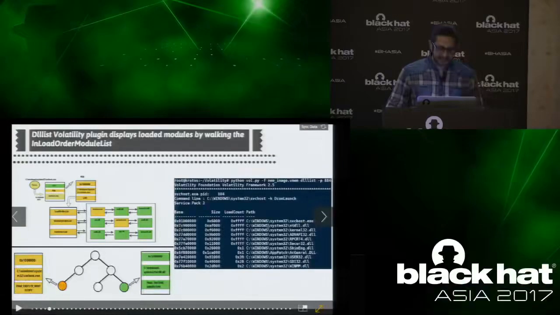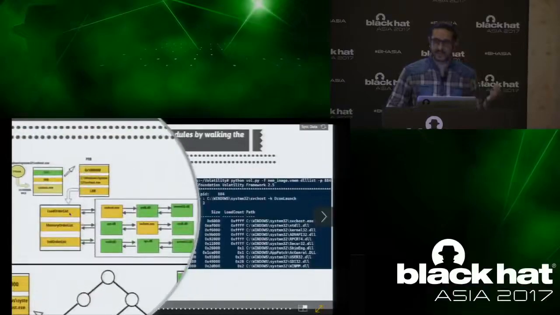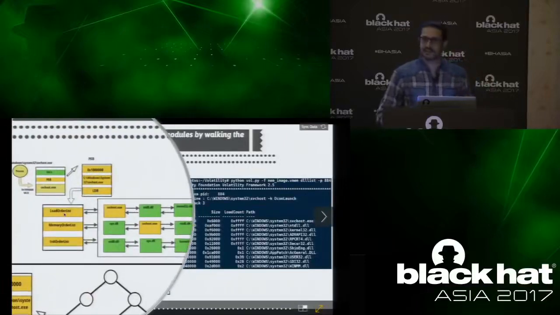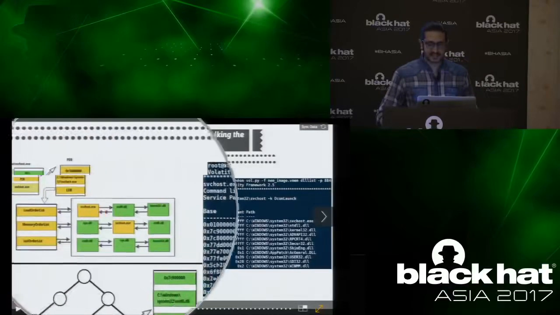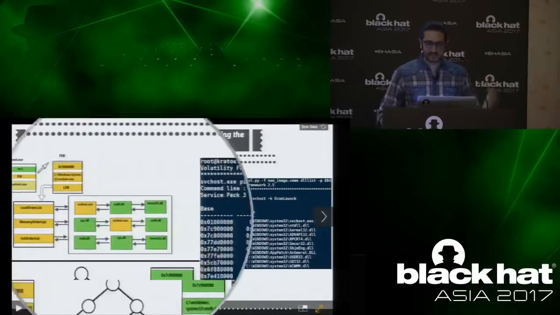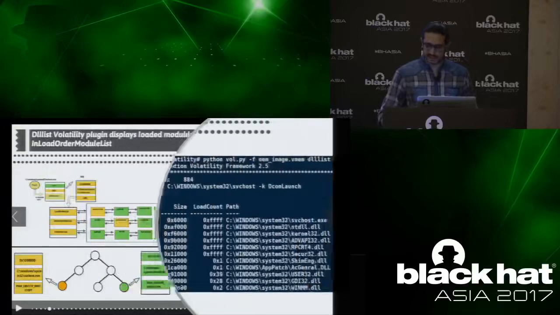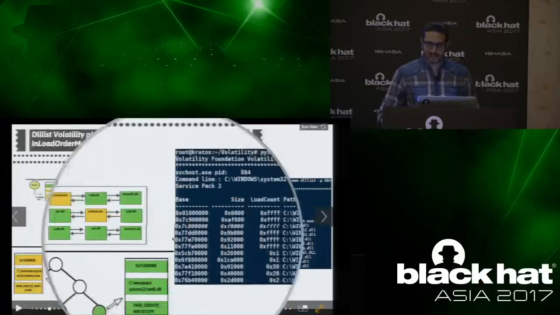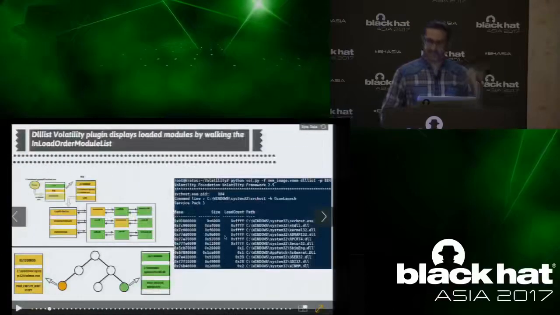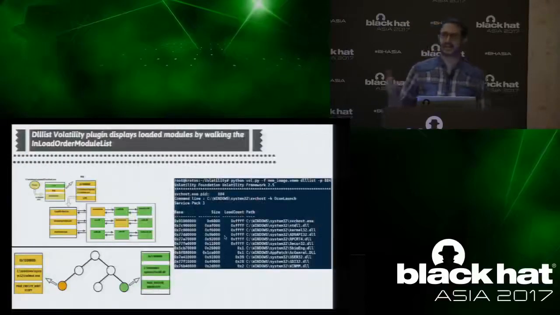How is it getting that information? It is getting that information from here, the load order module list that I talked about. First, it walks this list, reads this structure, gets the information like the base address, the size, where it is loaded, and that is the first row that you're seeing here. And then it walks the next data structure, gets the information, displays it. So that's one thing. And I also told you it is possible that the attacker can unlink a module and hide from